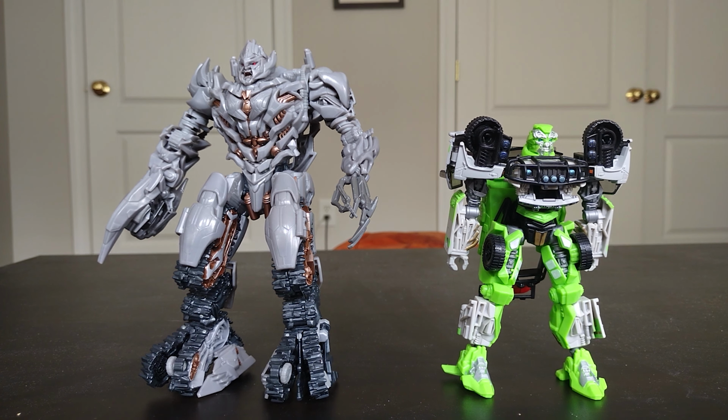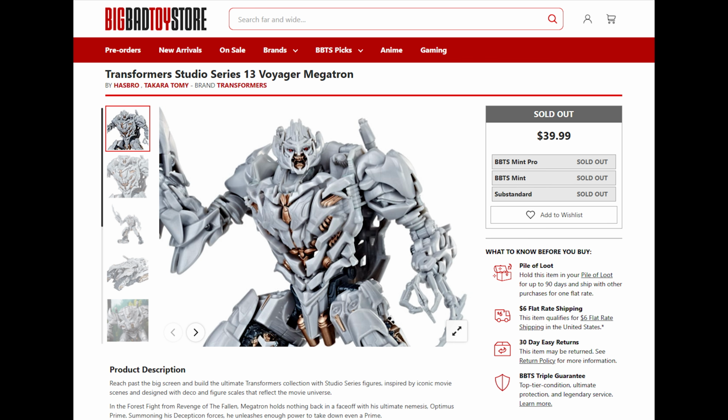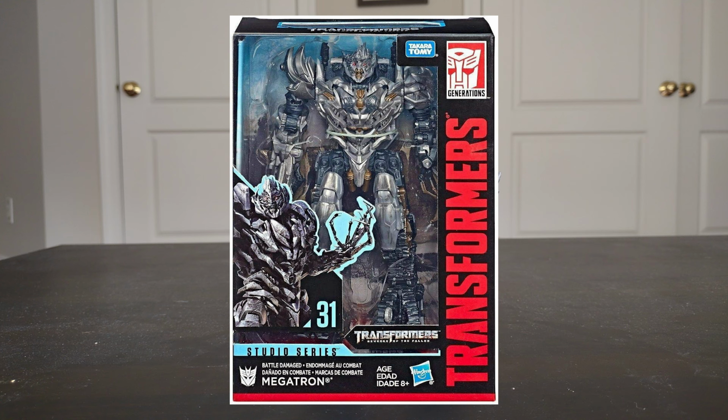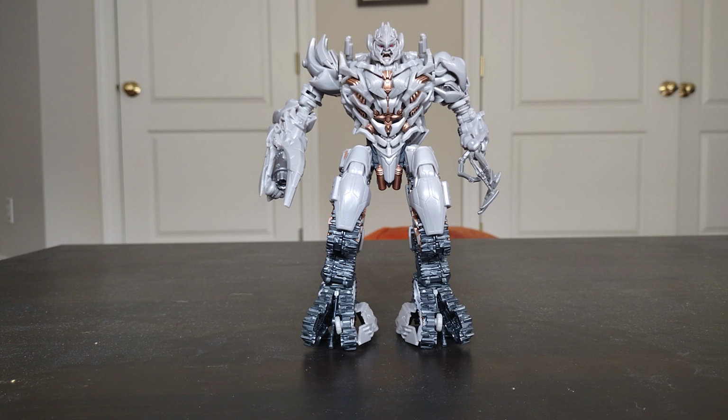And this Megatron figure came out in the same year as Wave 1 did, same year as Studio Series Ratchet. In fact, let me tell you, this figure is worth it. God damn it, scalpers. Out of the box, this guy is packaged in his robot mode, but I'm gonna be covering the tank mode first because I want to. Shut up. The sculpting on this guy is really awesome, but the painting...